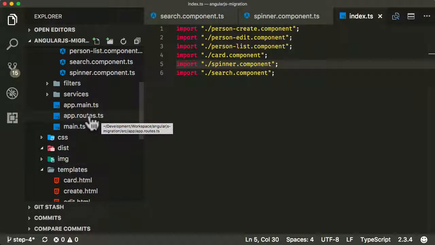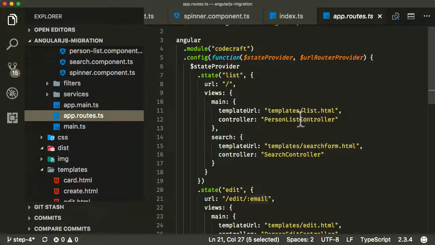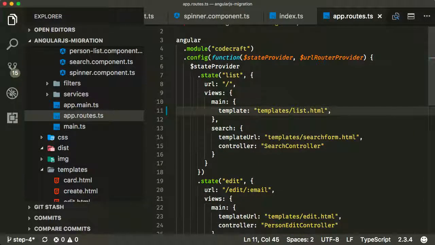One of them, the main one, is we need to go into our app routes. And you remember before we were using controllers. We now need to not use controllers, and we now need to use our new components instead. Now, in fact, that's actually quite a lot simpler than you'd think. So with UI router, all we'll need to do is we can stop using a template URL in a controller. We can just explicitly use a template. And where we were using a person list controller with a list HTML, we can now just type person-list and do that again,